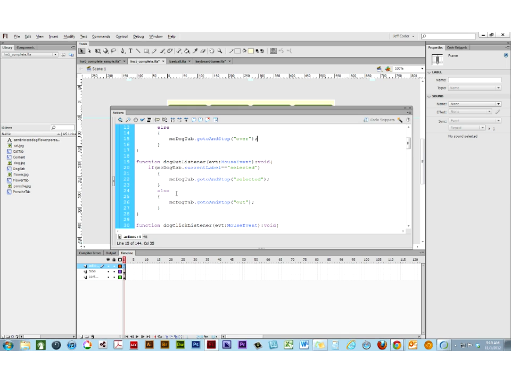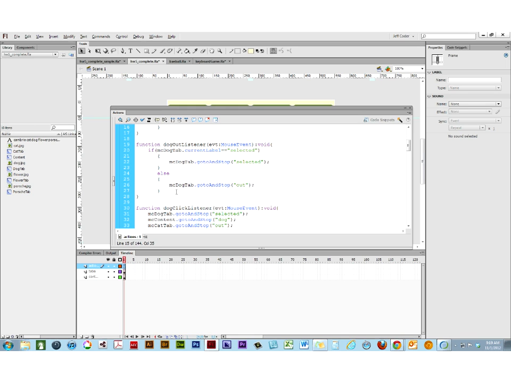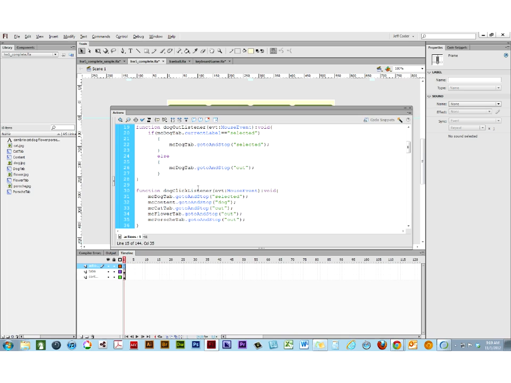And then we see there's a third selector, which is a third function, which is a little different. This is when you click. This is where we have the action. When you click on the dog tab, go to and stop on the selected tab of the dog frame, and on that content movie clip, which is where all the pictures are, go to and stop on the picture of the dog. But for all of those other movie clips, all those other tabs, go to and stop on the